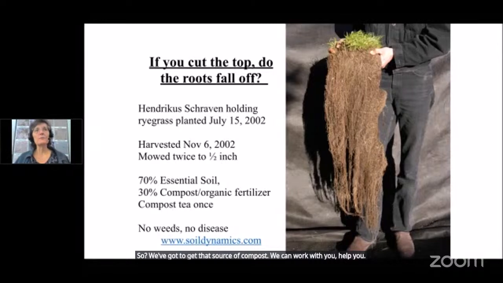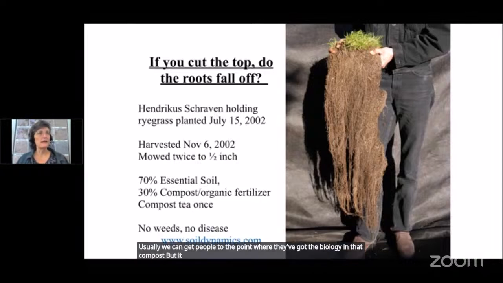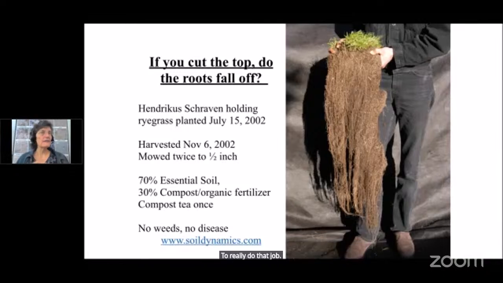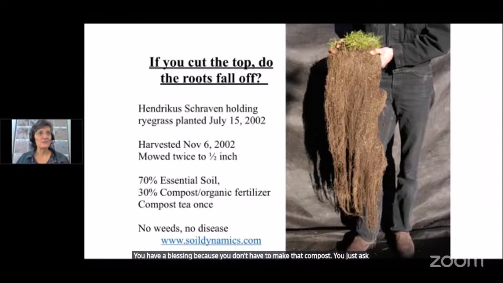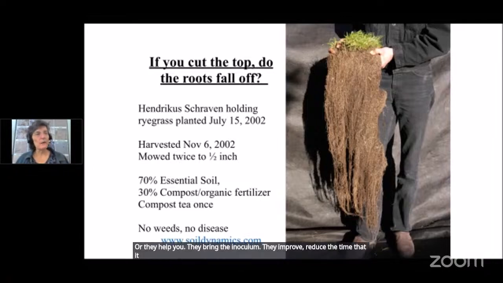Usually we can get people to the point where they've got the biology in that compost, but it takes 6 months, it takes 8 months to really do that job. So if you can have a neighbor that's already started this program and is already making this great compost, you have a blessing, because you don't have to make that compost. You just ask them for some of theirs, or they help you. They bring the inoculum. They reduce the time that it takes to get this biology that you need back